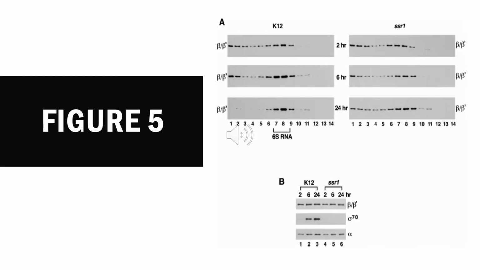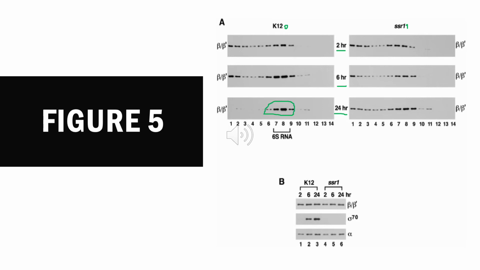So moving on now, we know that there's binding to the holoenzyme complex. We know that this is happening in the stationary phase. We know that sigma 70 is where the 6S RNA interacts. So now the researchers are looking at that complex, the 6S RNA to RNA polymerase complex, and they're using wild-type K12 cells. In figure 5, we're seeing that increasing amounts of RNA polymerase are appearing in the stationary